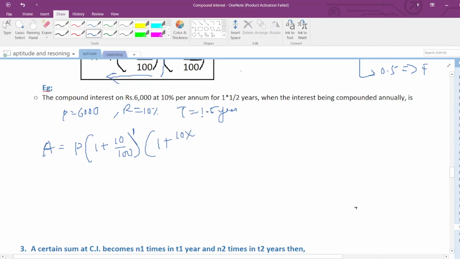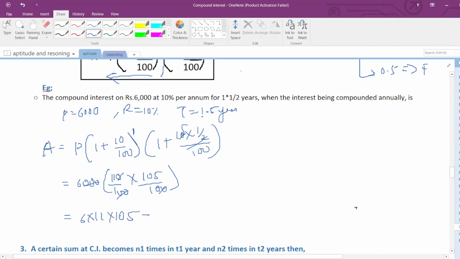What is the fractional part of 1.5? The 0.5, right? We can write it as 1 by 2. So now 5 is there, right? So P is equal to 6,000. Once you solve this, you will get 110 by 100 into 105 by 100. So this 0 and this 0 cancel. So we will get 6 into 11 into 105. So if you solve this,